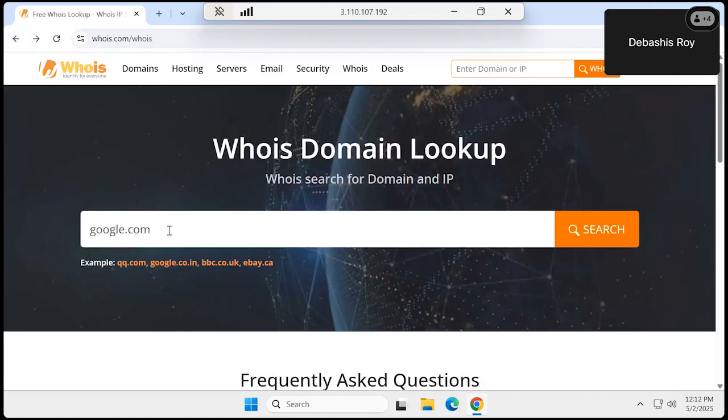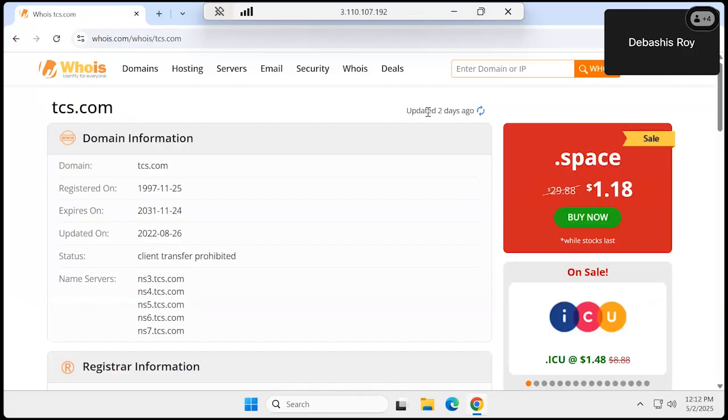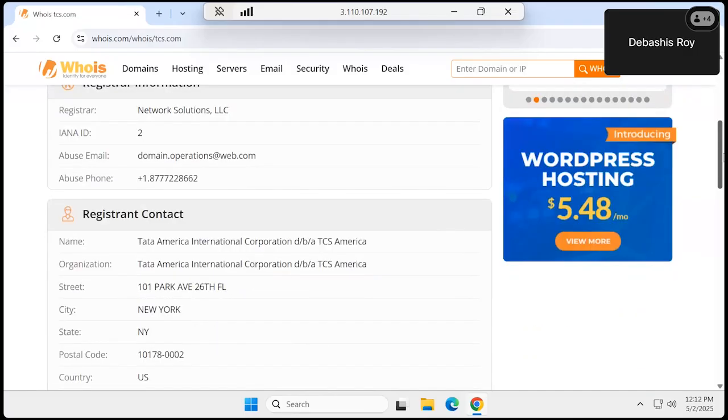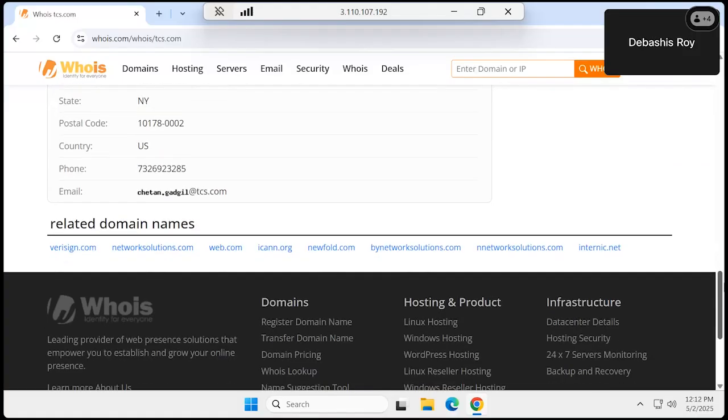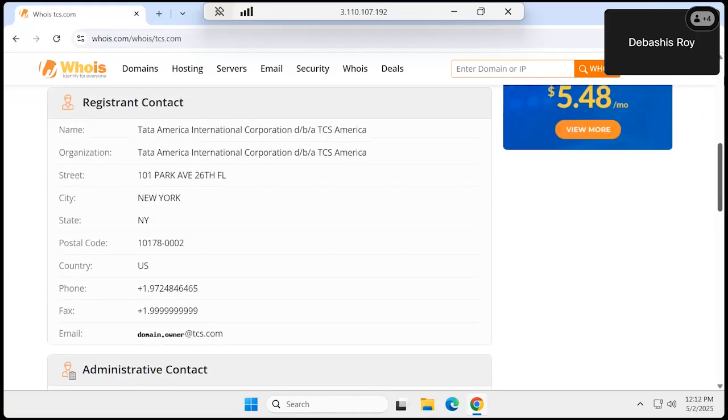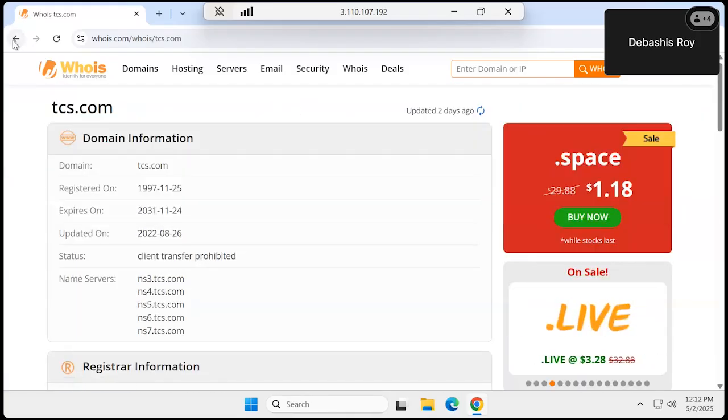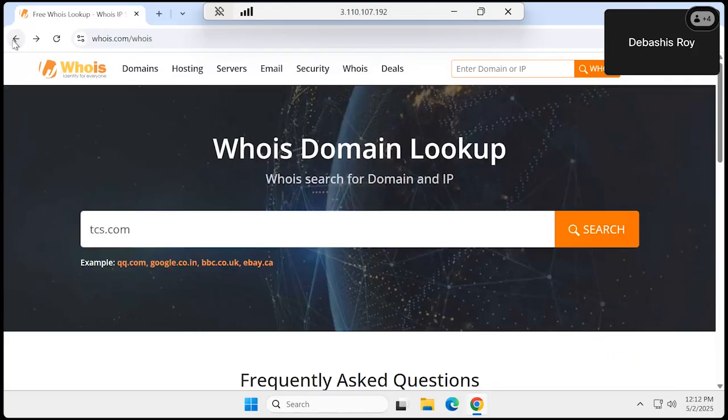Suppose I give tcs.com, you get the name servers, the registrant contact, administrative contact, technical contact, and so on. The related information you can directly get from WHOIS itself. It is a very simple, freely accessible, open domain site.